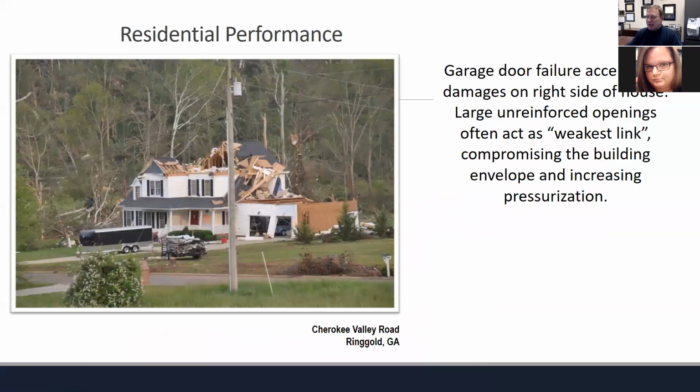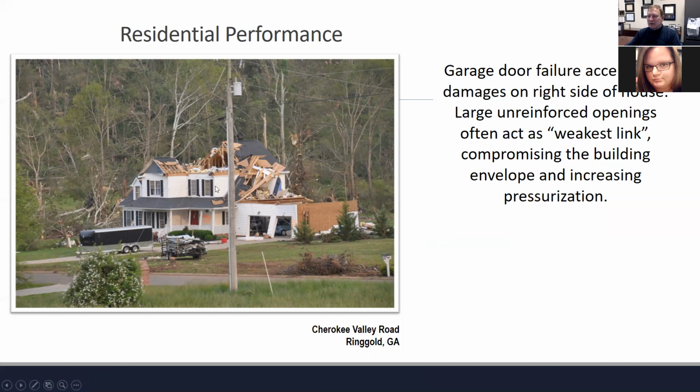Let me show you just a couple of pictures of residential construction. The main thing that we saw out of this is probably the worst place in the world to take refuge in a storm is if you have a bonus room above a garage. That's not a safe place to be. I don't care if there's a closet in it. I don't care what's going on there.